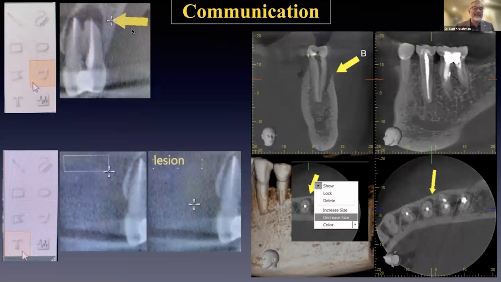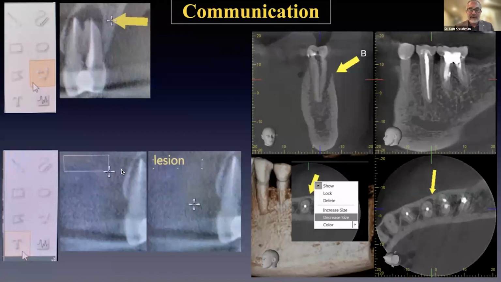And if I want to write something on here, I go down to that same box, click on the T, the text box, and then it gives you a little white box here, and I click in lesion. So I'm trying to point out that there's a lesion there. Simple, takes 2 seconds, and it's so much nicer than when a patient comes to me with a CD of